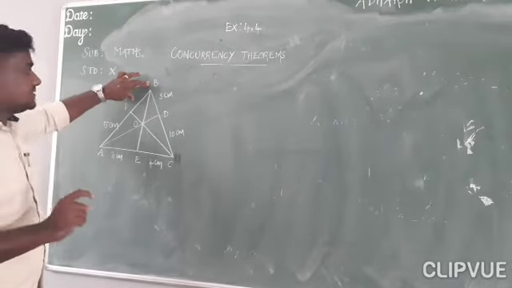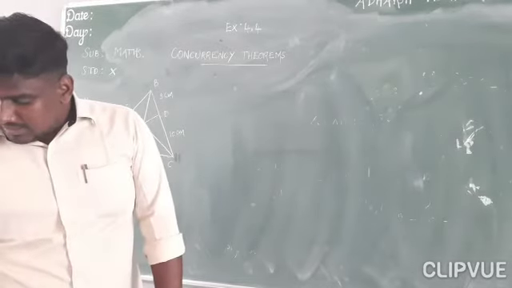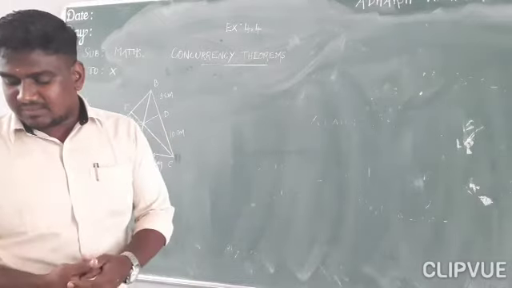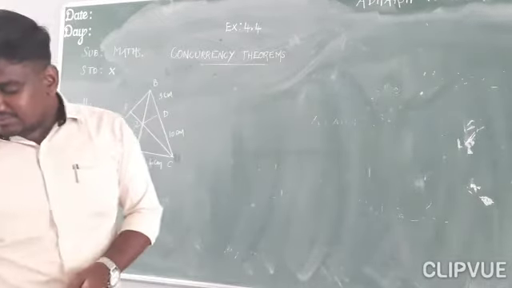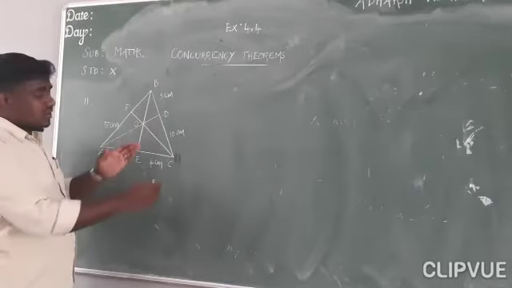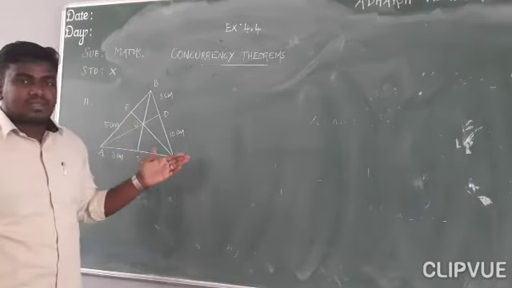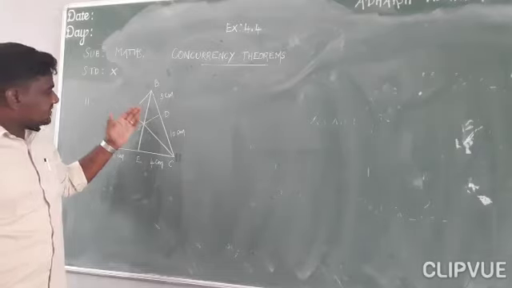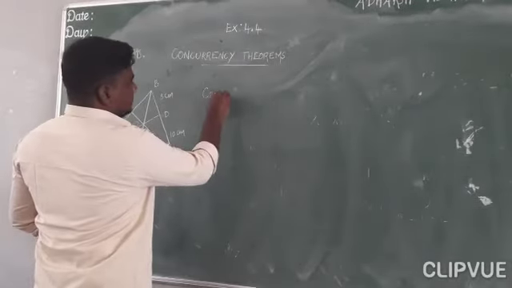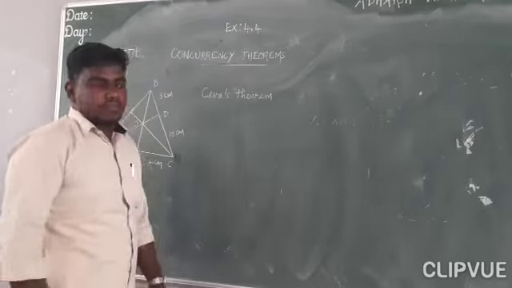Now we are going to find its length, and the remaining side lengths are given clearly. Then she needs to figure out the length of the left out portion based on the lengths of the other sides as shown in the given figure. So if these three straight lines are concurrent, you can say AD, BE and FC are the cevians. If the cevians are concurrent, they must satisfy Ceva's theorem.